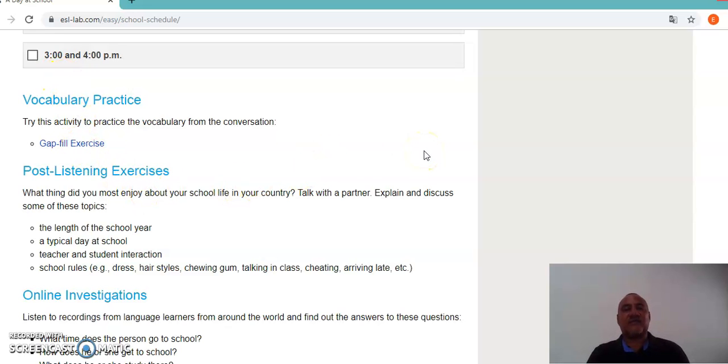This page will also encourage the students to investigate, so this is the homework for them. With this they are going to be in touch with English, not only in school but at home as well.